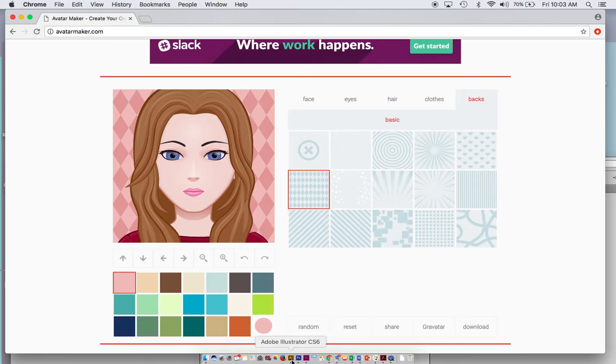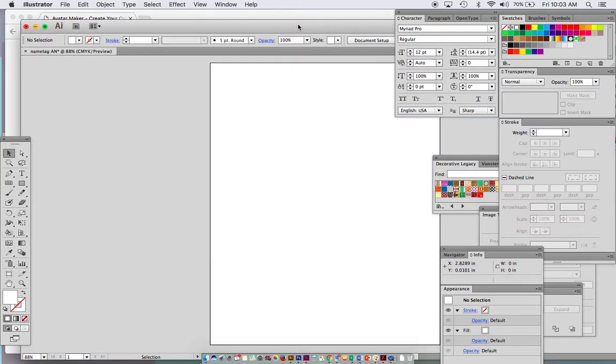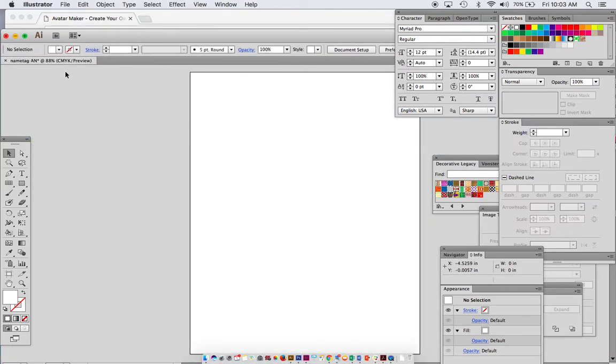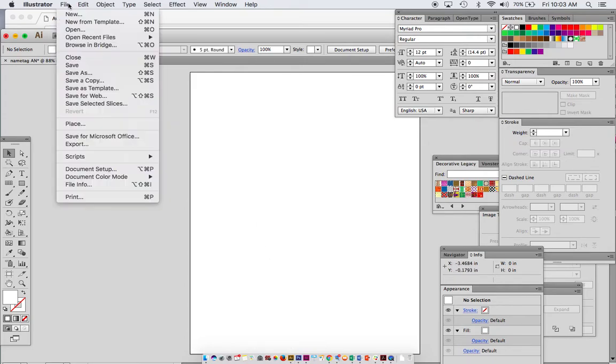So now we're going to go into Illustrator, and we're going to create a new document. So if Illustrator isn't open yet, you probably need to make sure it's in your dock, in your setup, click on it, and then wait for it to load. But when you're ready to start a new document, go File, New,